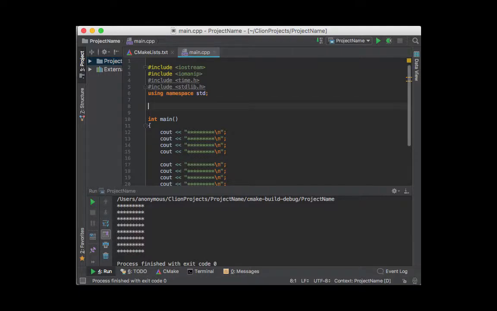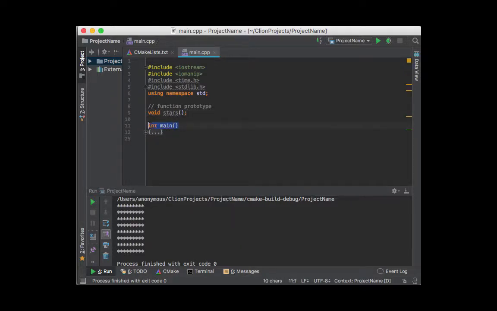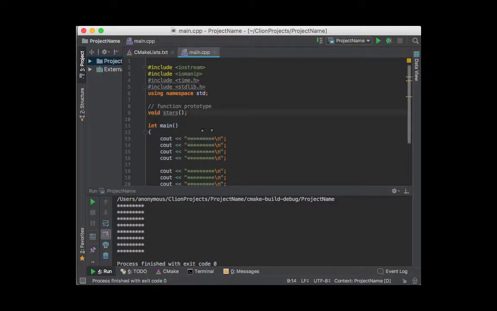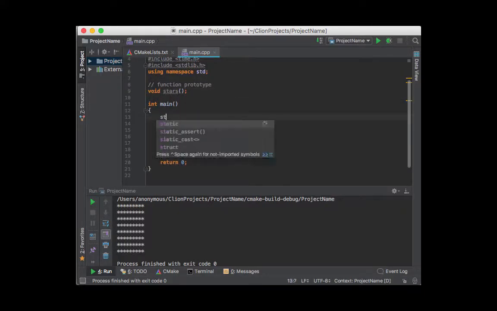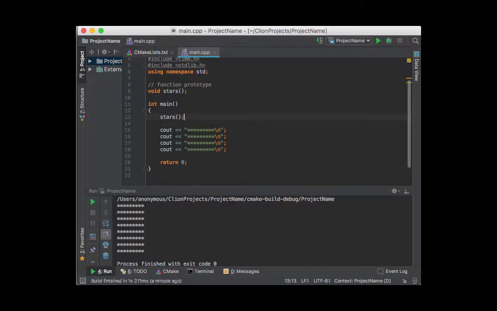The way I'm going to do a function is first, this is your function prototype. This is going to tell the computer, or the compiler, there's going to be a function with a specific name. This one is going to be void, I'll call it stars, just like this. And by the way, the main is a type of function. The main is the function where the program starts. So this is my prototype, and wherever I had these lines, I'm going to call my function. So this is my function call,